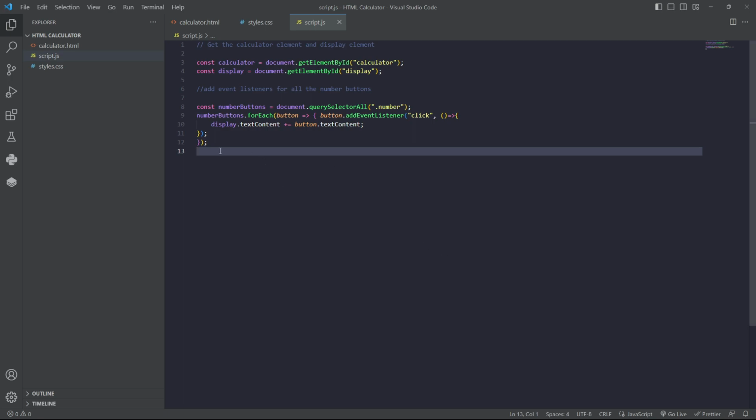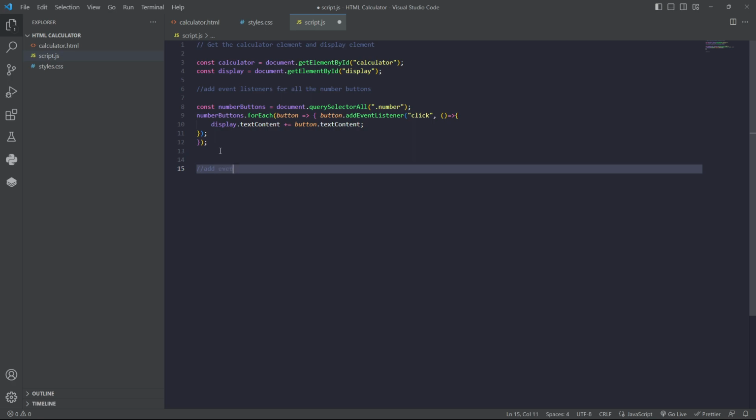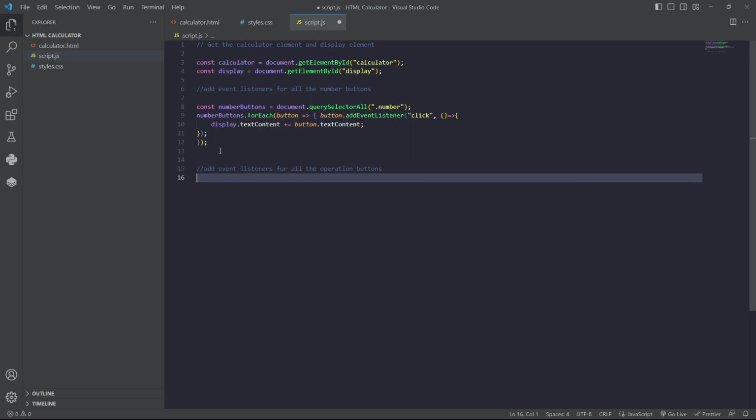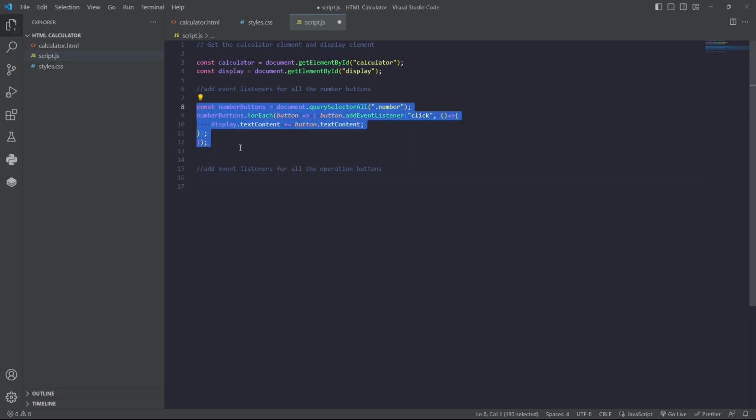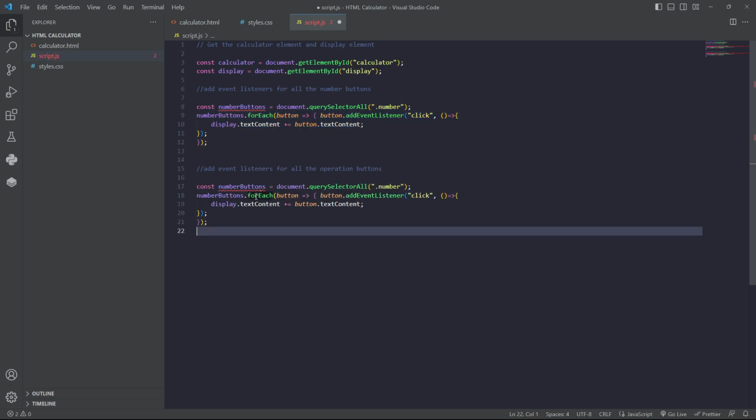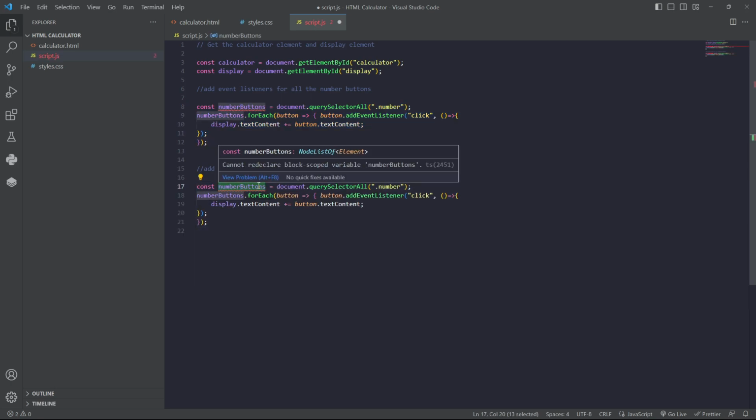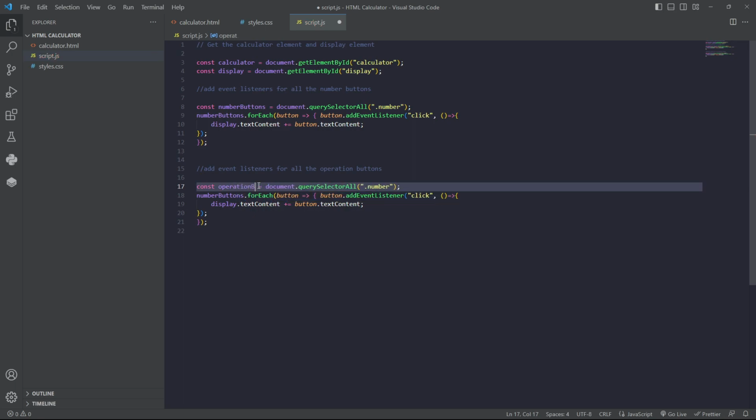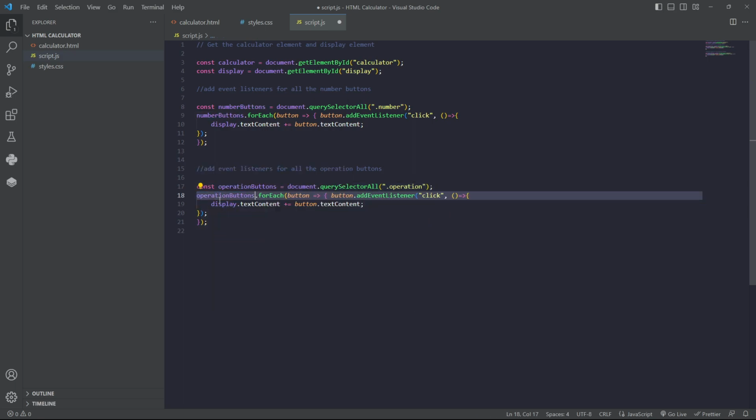And then we're going to add event listeners for all the operation buttons. Now we can just copy that, and this time it's going to be operationButtons equals document dot querySelectorAll, and this time it's going to be operation, and we're going to say operationButtons dot forEach button